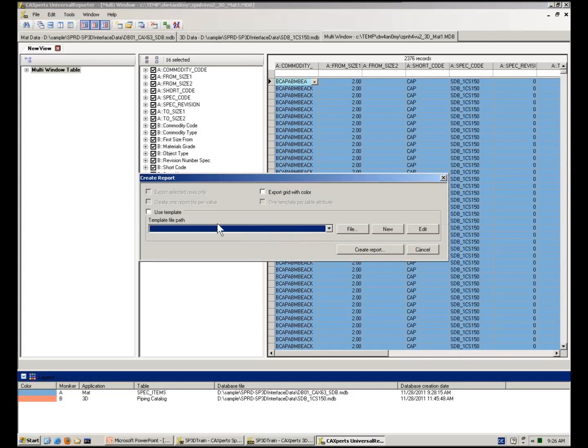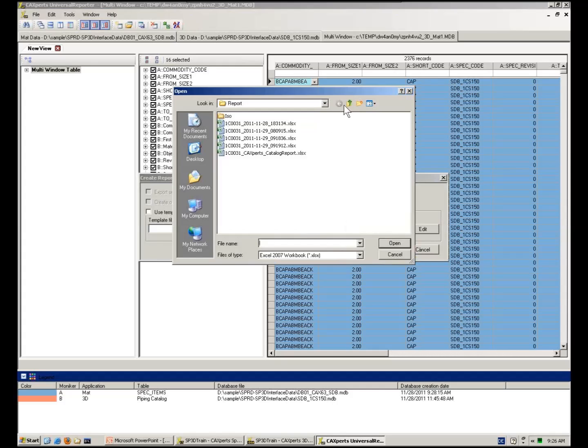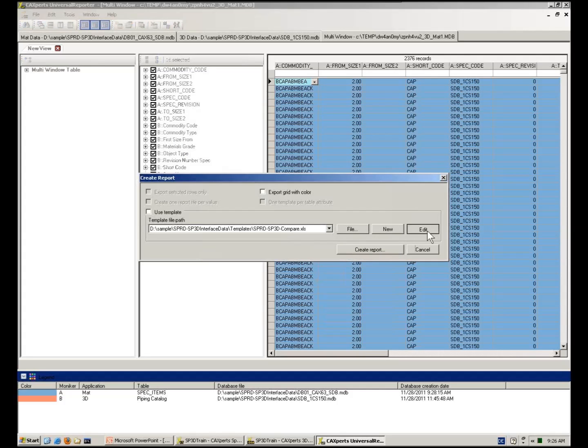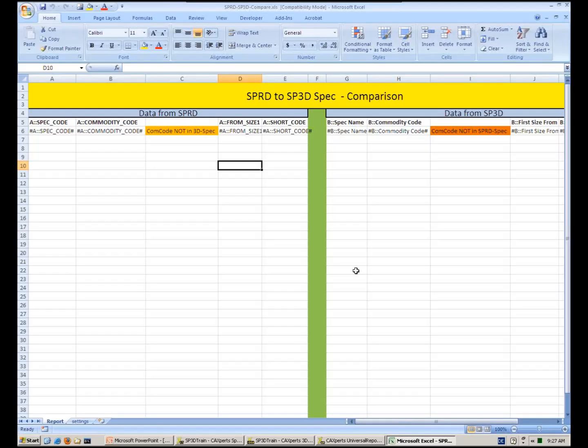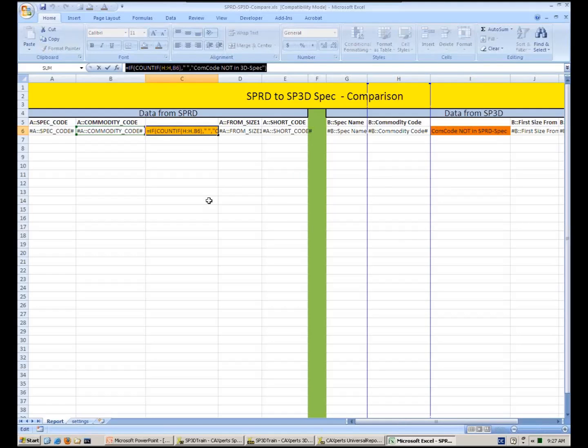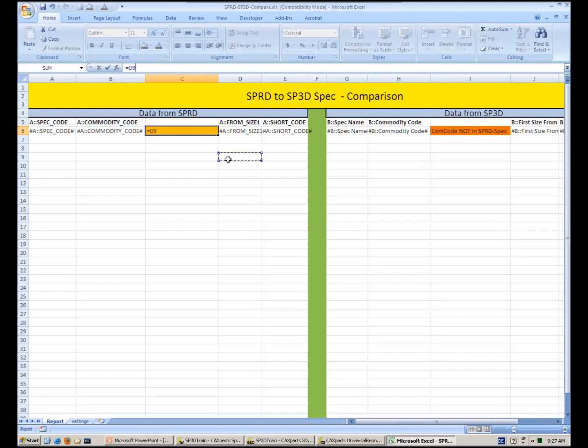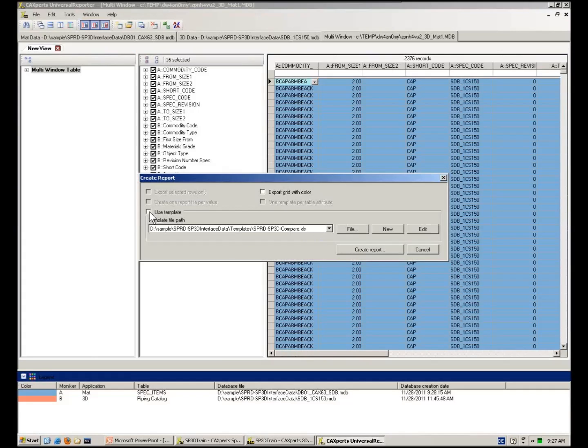And based on a template, which I would like to show you, which compares the data from 3D and reference data, you can do a reporting. So in this template, for example, some very easy if statements can be embedded. So at the end, any kind of functions from Excel can be embedded directly in this template. And when I close down this and execute, based on this template, my report from this multi-window,